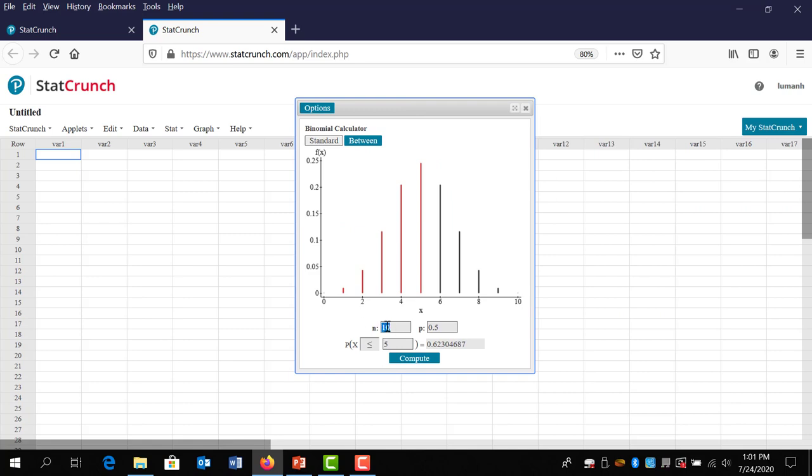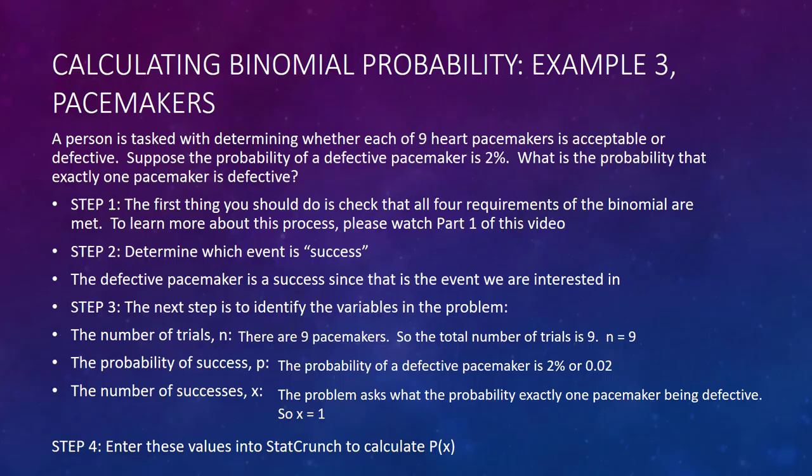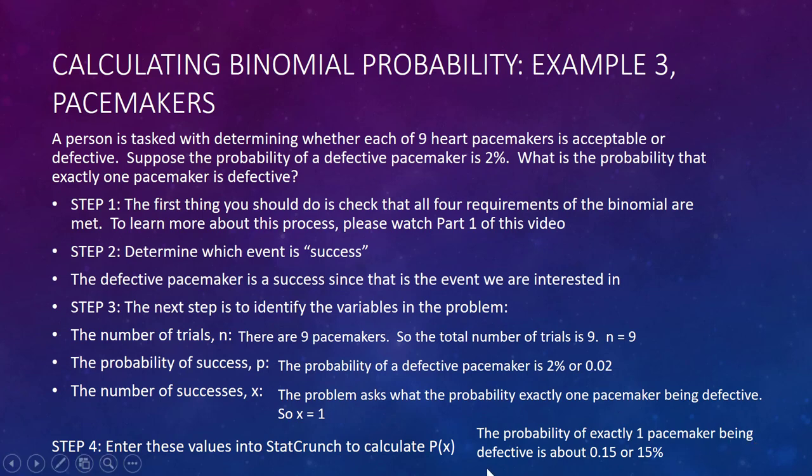So remember we said that there are 9 trials, so n equals 9. We said that the probability of success, which we're calling a pacemaker being defective, is 0.02. And then remember we want to know the probability that exactly 1 is defective. We hit compute. Okay, and hopefully you can see here the probability is about 0.15. So returning to our problem screen, we say the probability of exactly 1 pacemaker being defective is about 0.15 or